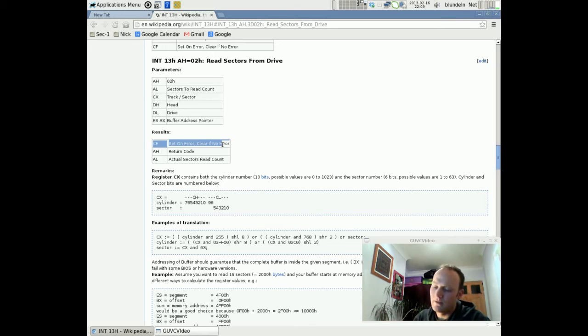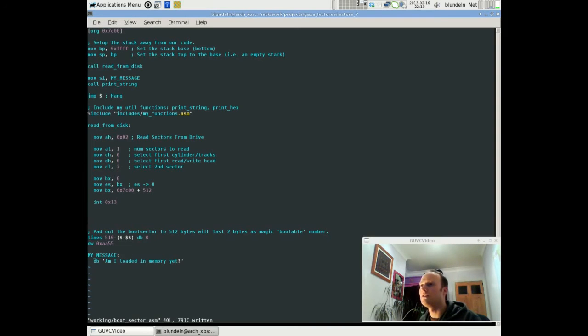And you have flag registers that the CPU keeps its state in. Sometimes when something happens, like the carry flag, this CF, is just a particular bit of the flags register that gets set when a number is carried from an addition or something like that, and you get overflow flags and flags like that. But all it means is that this particular flag, this bit in a register, is set on an error condition by BIOS when it's reading the disk. So we can check this, and one instruction we can use for this is JC, which means jump if the